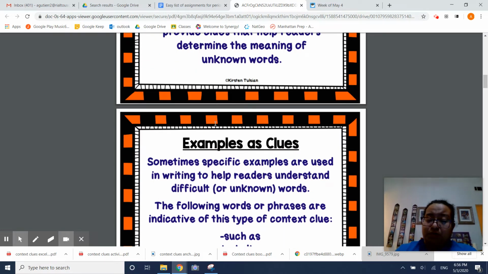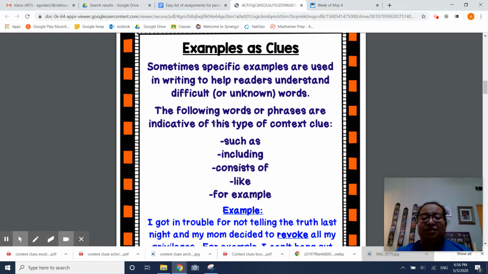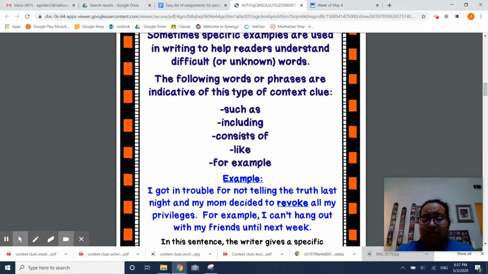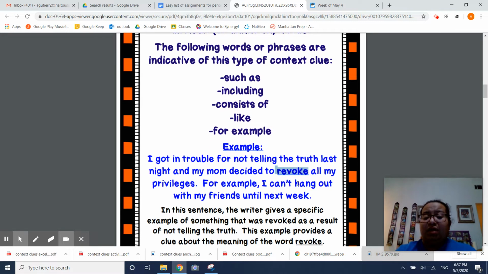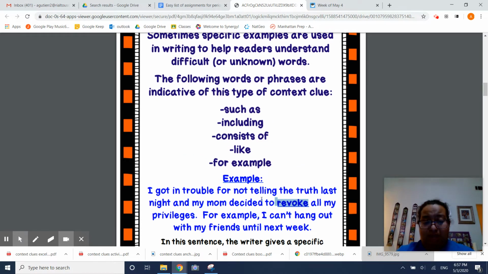Right. So one of the first things is that in the sentence, the context clues around the word might give me an example of the word. And there's also words around the sentence that tell us, hey, there's an example about to come out. So let's see. And there's going to be a question before I give you the answer. Remember, this would be our tricky word. It is underlined. Maybe some of you already know it, but pretend that you don't. So we're going to read the sentence and say blank whenever we get to that unknown word to try to guess what it is based on the context.